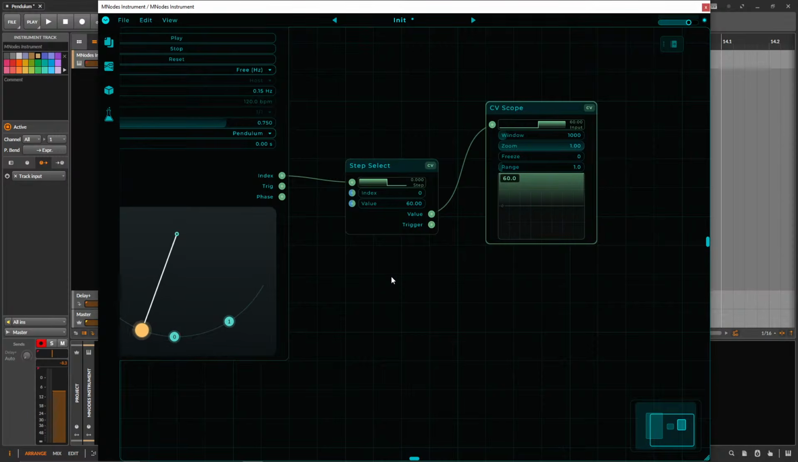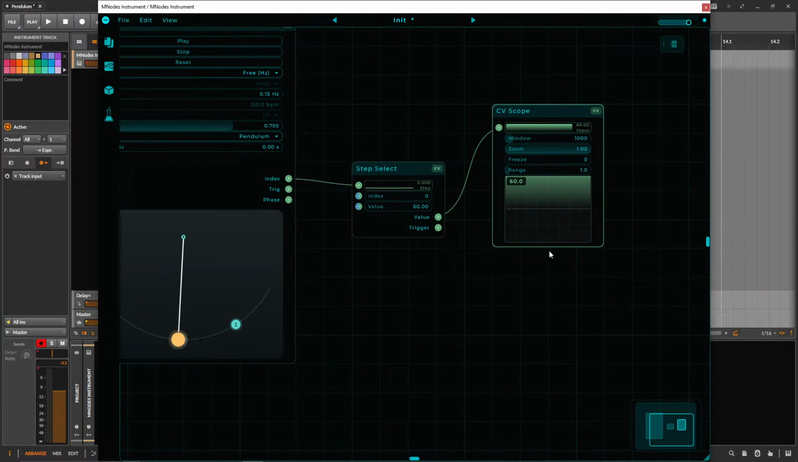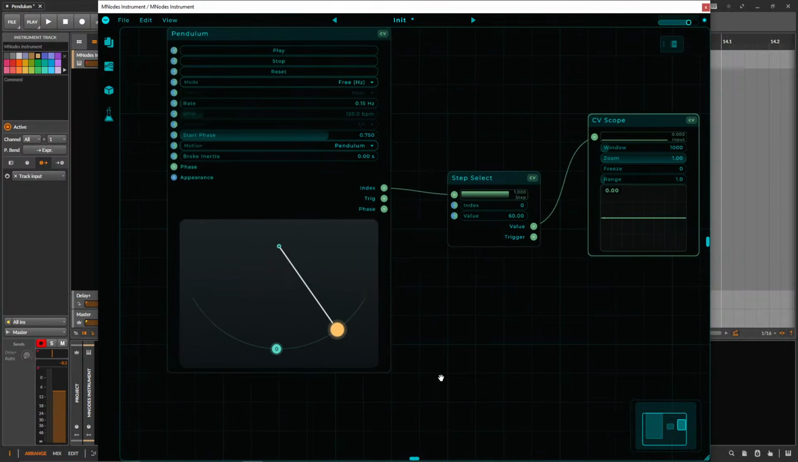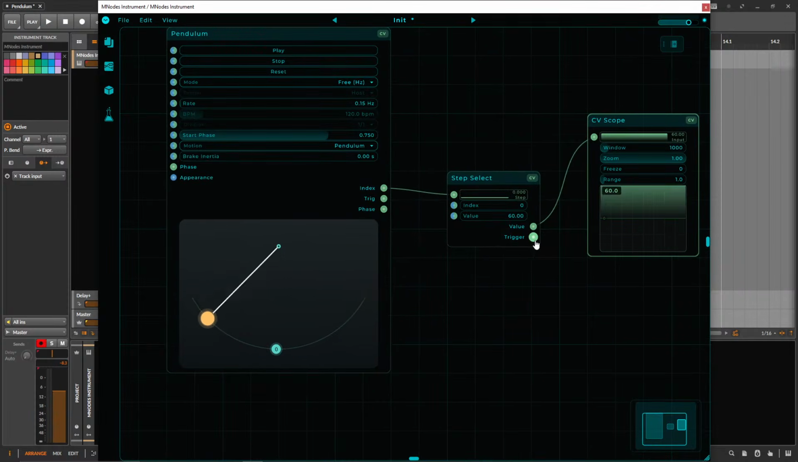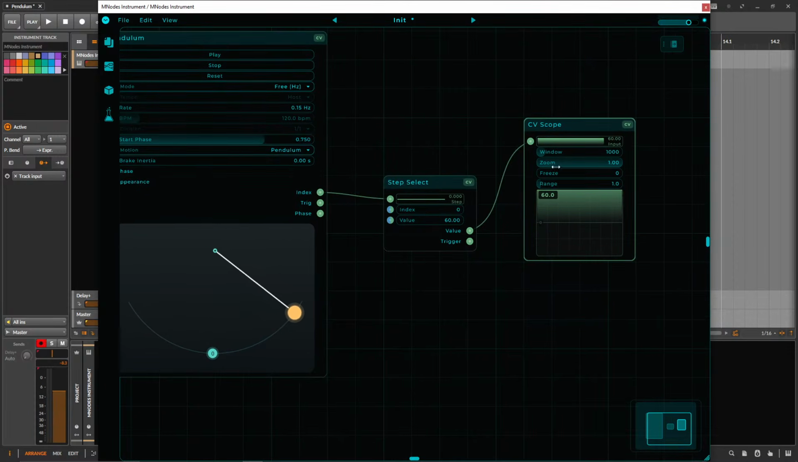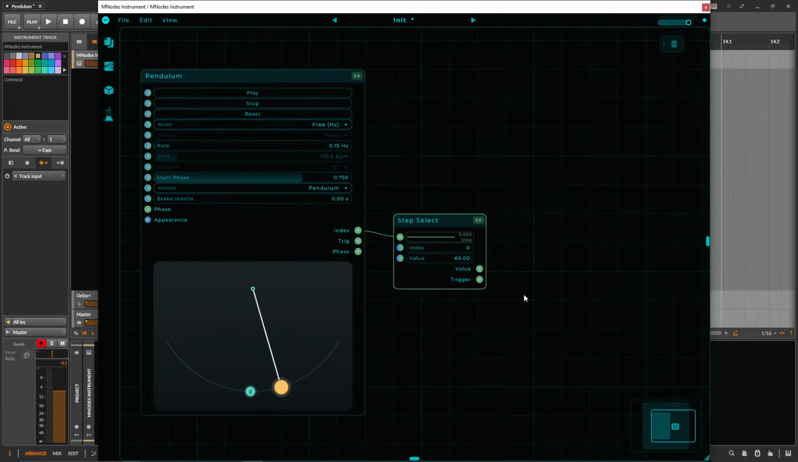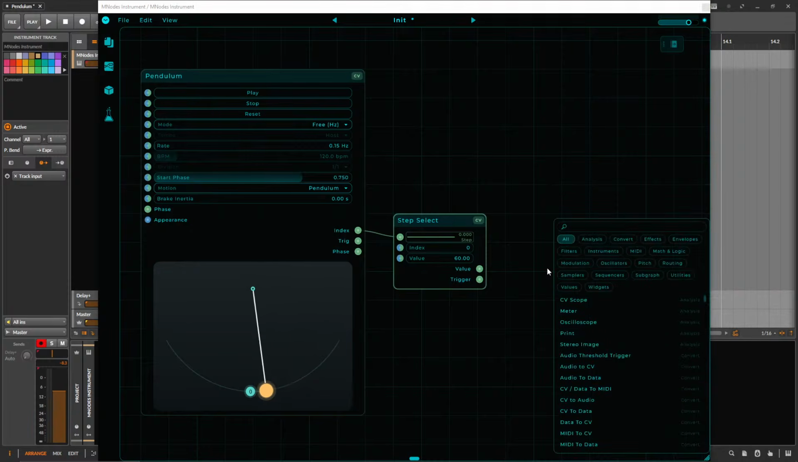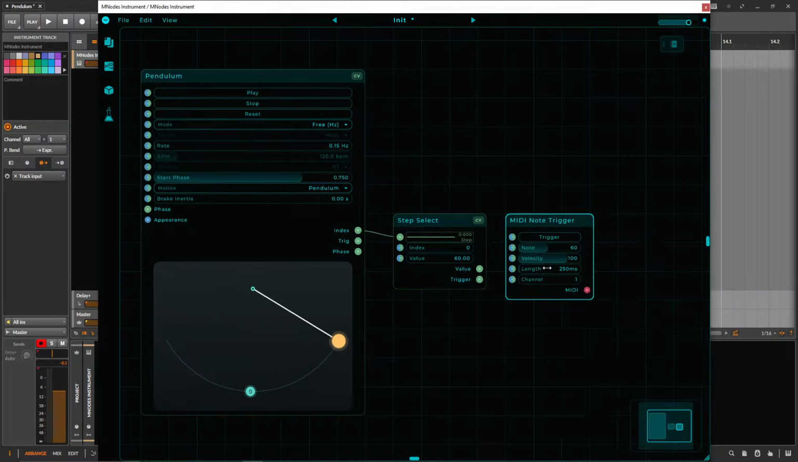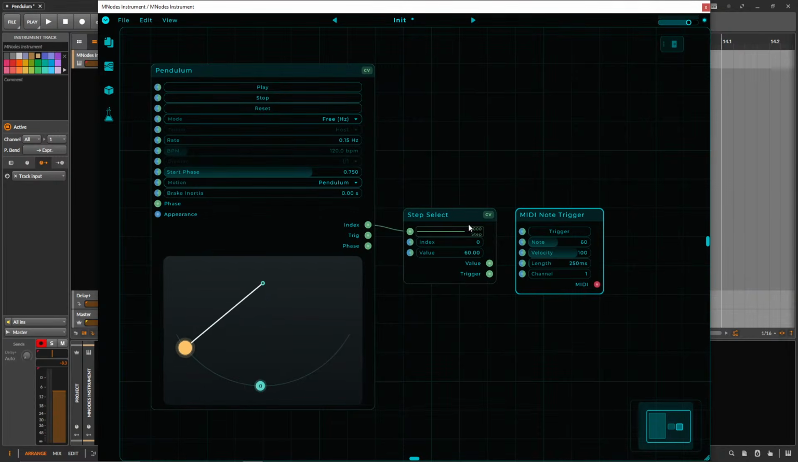But we need to trigger this 60 to something, but we said that if we have the 0 all the time, we just have one trigger. We can use this trigger from here and combine this value with this trigger. What we want right now is to trigger a MIDI note. We can use it for more things, but let's use it with a MIDI note, okay? If we want a MIDI note, we need a MIDI note trigger. This creates a MIDI note,